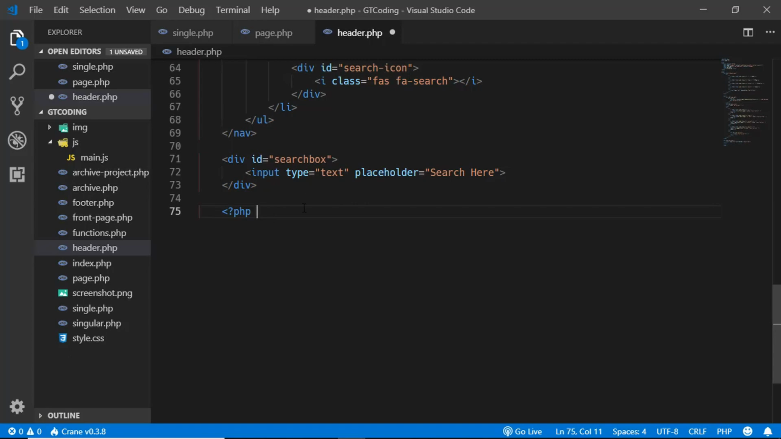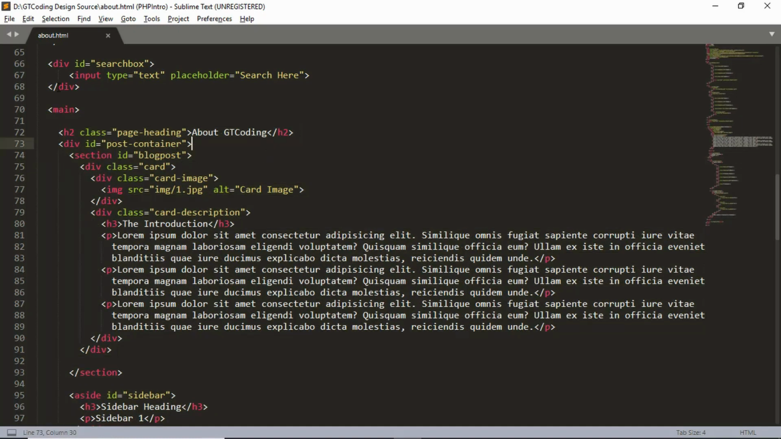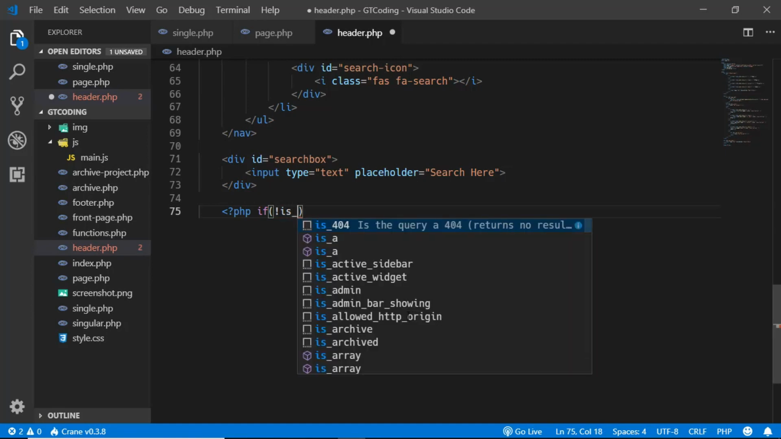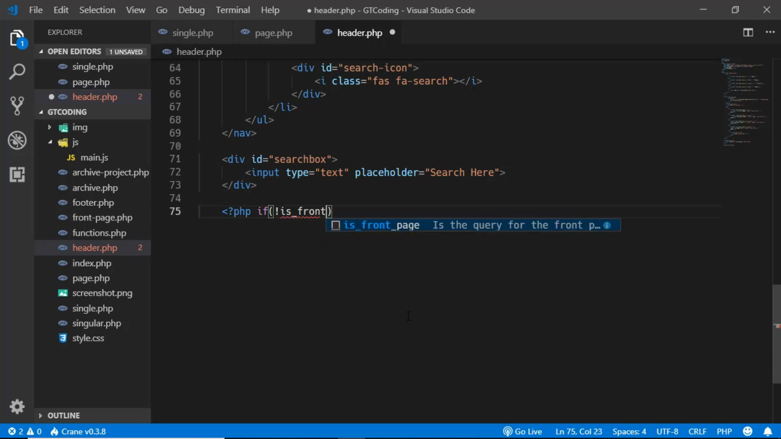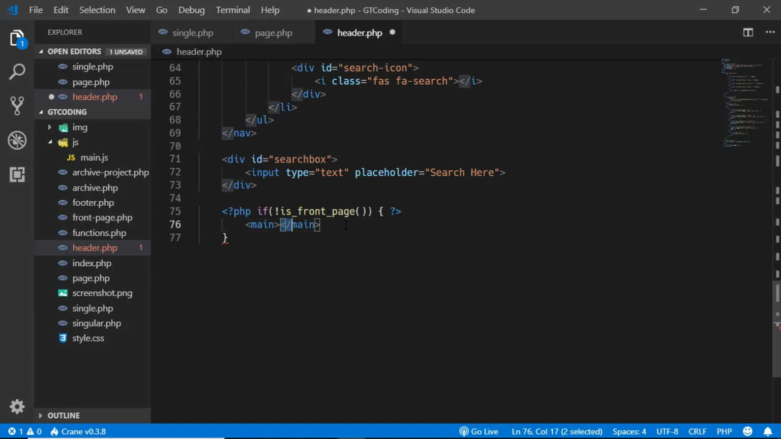So if it is not the front page, we need to have main. So if you go to the source code over here, we can see that we have this main over here, and for the front page we don't have the main. So here we'll create an if condition, and we have a function called is front page. So I'll type the negative of is front page with an exclamation mark. So I'll just close the PHP right here, and here I will type main and open PHP over here,